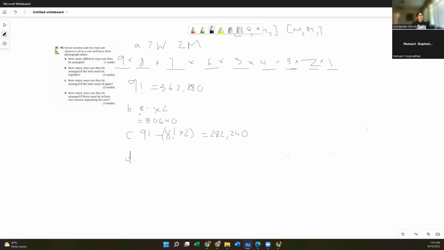Okay. So we want to take the total number of ways that we can arrange everybody. And from that, I want to subtract the number of ways that they can be arranged if there's only 1 woman separating the 2 men, correct? Because there has to be at least 2 women separating the 2 men. So if we have 1 woman separating the 2 men, it won't work. So to find the number of ways if there's only 1 woman separating the 2 men, I'm going to consider man, then woman, then man to be 1 entity, okay? So now we have 7, 8, 9 people in total.